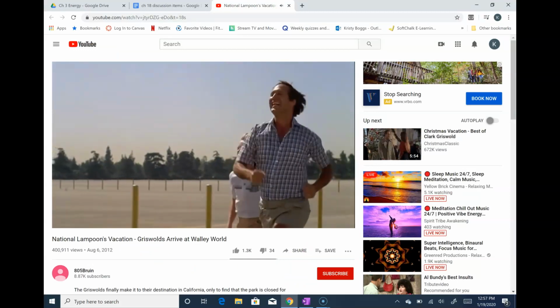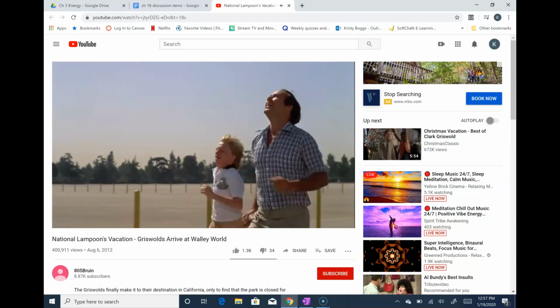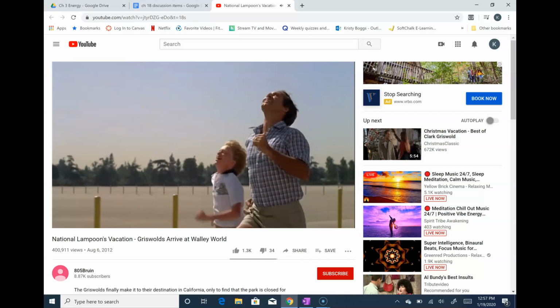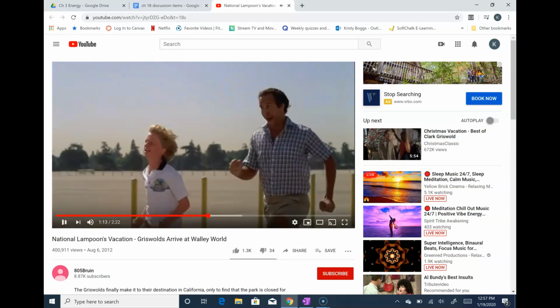So here are the Griswolds. They're the pyruvates. They're ready to get into Wally World, just like the pyruvates are ready to go into the mitochondria. And if we skip up a little bit,